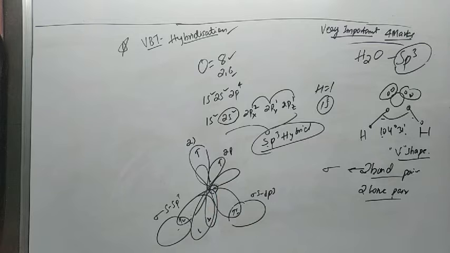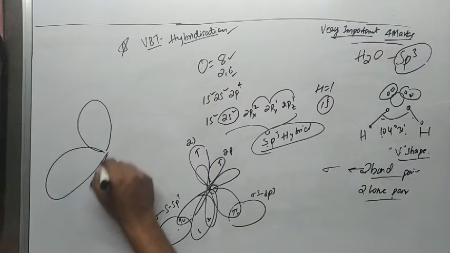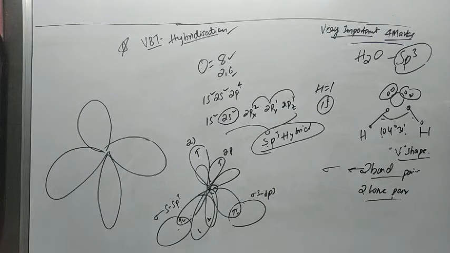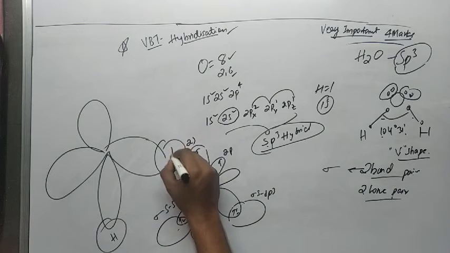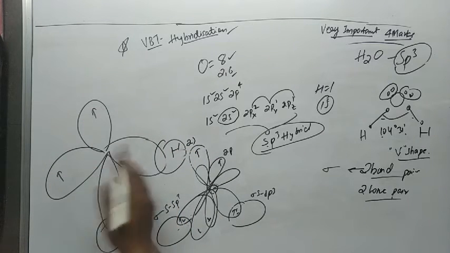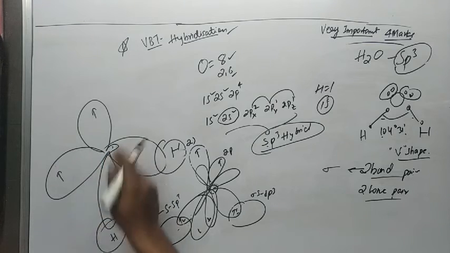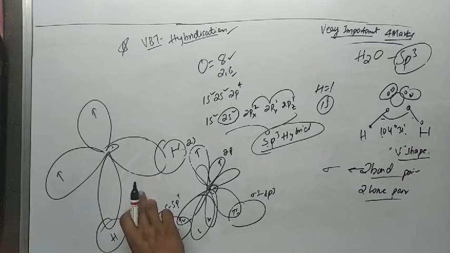In your textbook the diagram was given like this. Here they have given a hydrogen, this is a hydrogen, and here we have 1 electron, and here 1 electron. What they are doing is hiding the other bond, because this is a 3D diagram, so we cannot show it all in the 2D one.